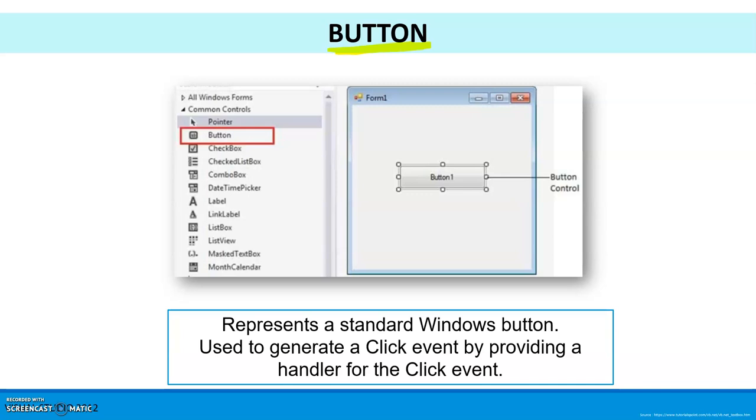To trigger something means if you want to do something, we need some trigger, right? And for that we have a button component or the control. So here you can see that the list of the controls and button is there. You can simply drag and drop it on the form.